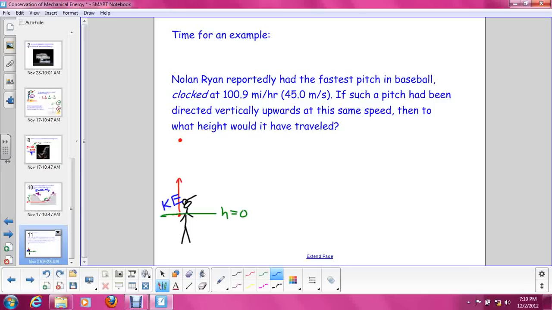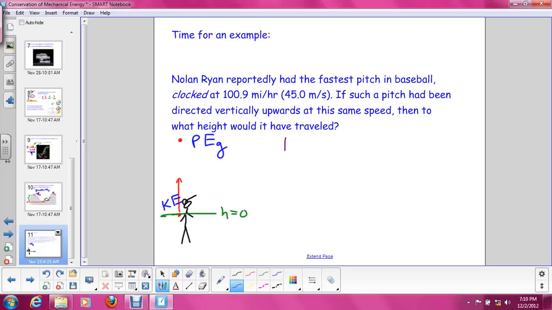At the very top, the ball stops at the top of an arc, right? It has to stop going up in order to start coming back down with gravity pulling on it. So it doesn't have any kinetic energy. There is no elastic potential energy. So it has to be all gravitational. So what that tells us